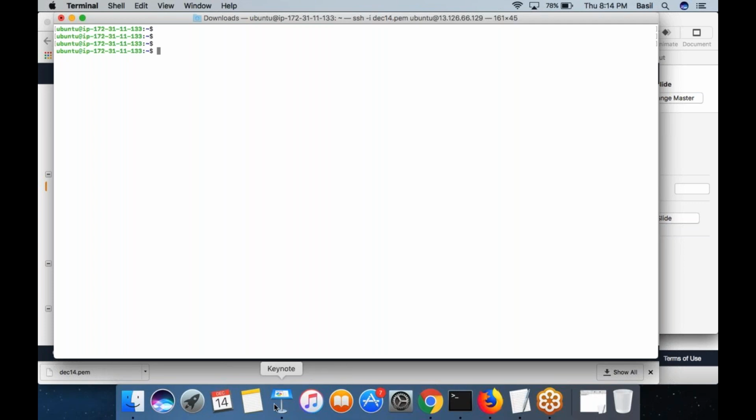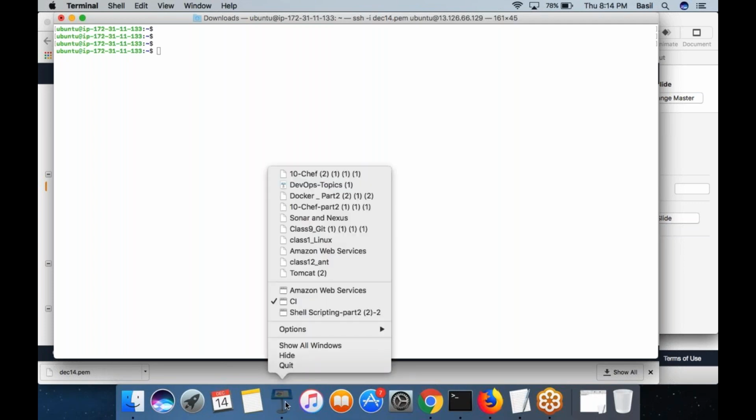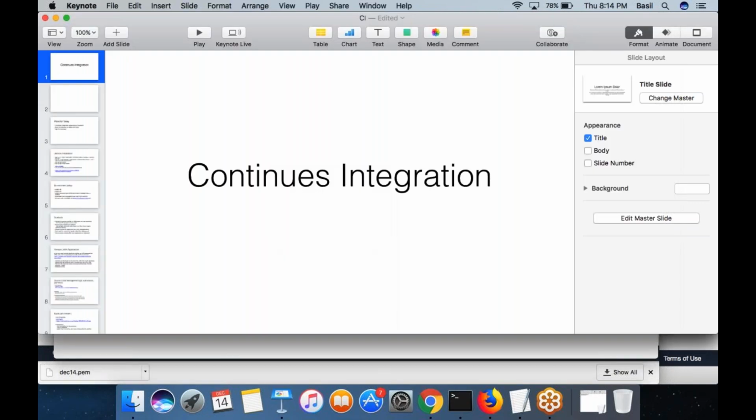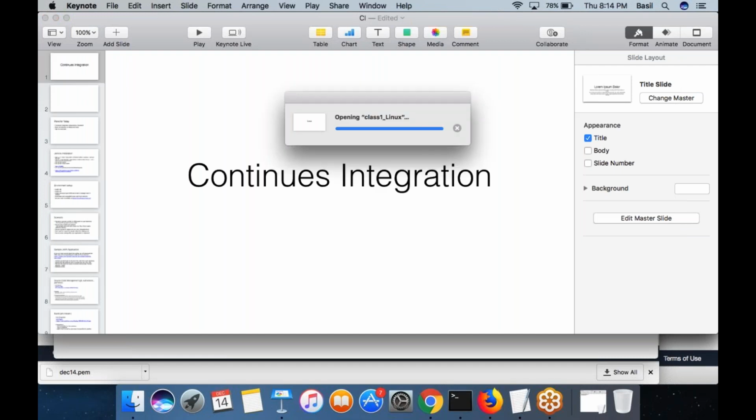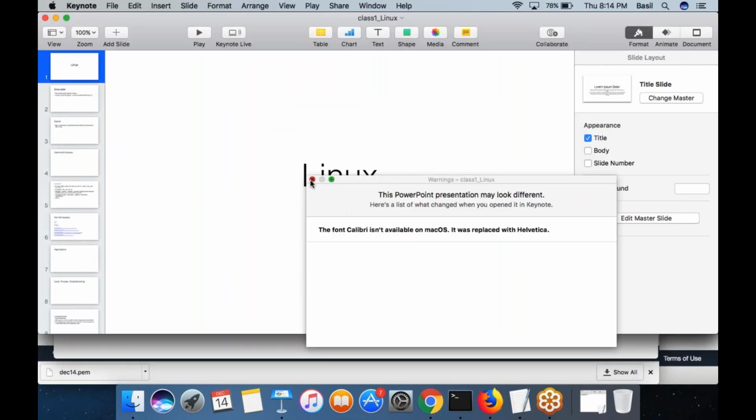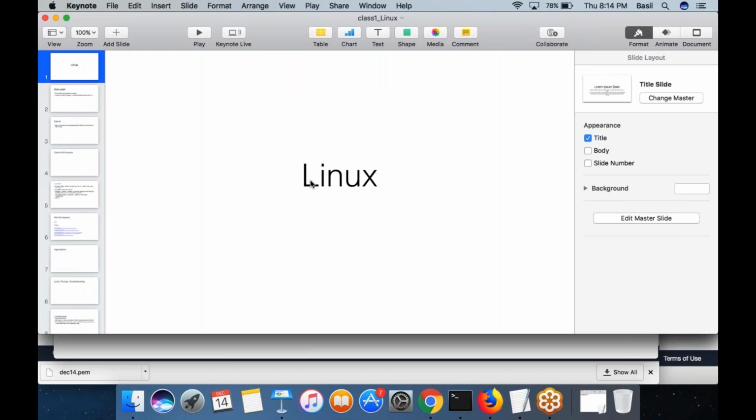Okay, so what we are going to focus on today is some basic Linux commands. Actually, unlike Windows, you will not get a graphical interface when you work with Linux. All you get is a command line. So any operation which you want to perform on your Linux machine needs to be done through commands. If you want to create a file, create a folder, install some software, start some service, right?